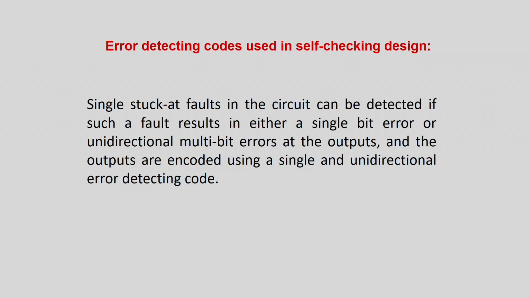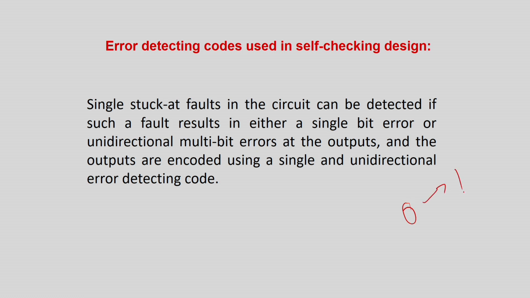What we had seen is that when you go for online tests, there are several schemes like signature monitoring in finite state machines, and then mainly we looked at self-checking design, in which the inputs and the outputs are all coded using some error detecting codes. Then at the output we find out whether there is some error or fault in the circuit, because then the output will not belong to that particular code word. Like if you have an even parity, and there is a fault, the output will be an odd parity and so forth.